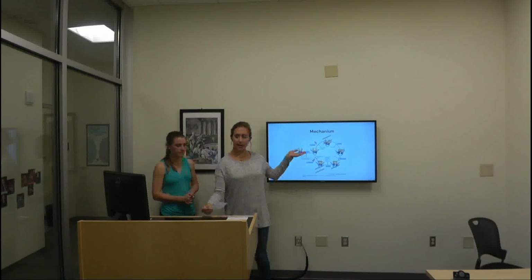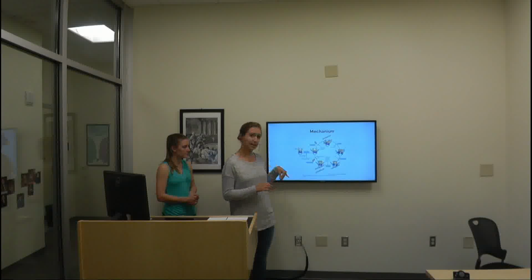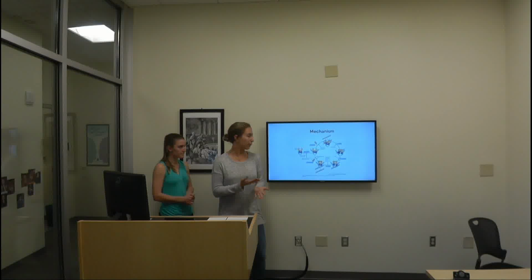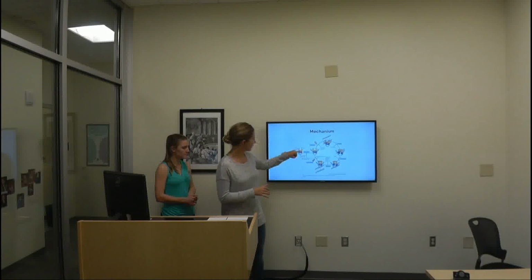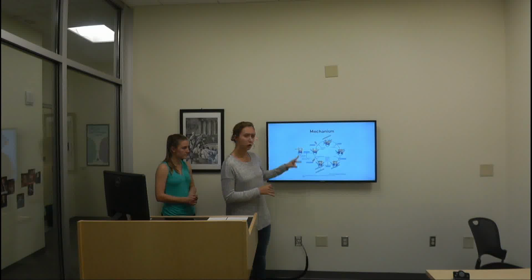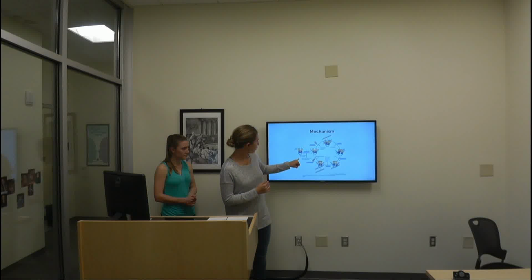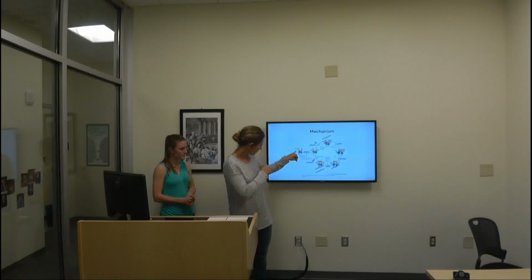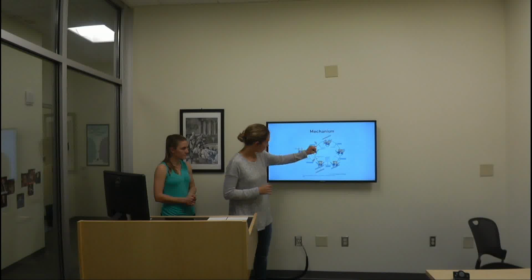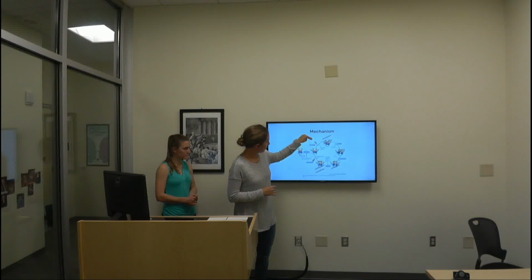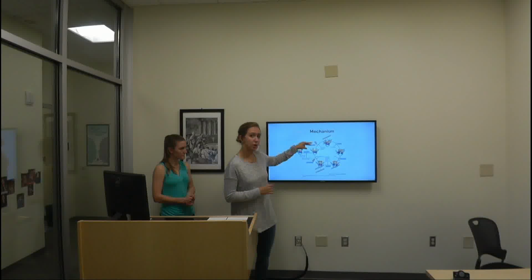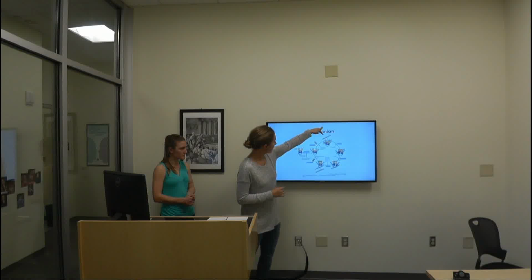Here we have a nice, complete picture of the mechanism of DNA topoisomerase II. The different colors represent the different domains. The two I'll be touching on the most will be the yellow ATPase domain and the blue DNA cleavage domain. So you'll see here the DNA double helix will come into the cleavage domain, and the 2 ATP will bind, ATP hydrolysis will take place,